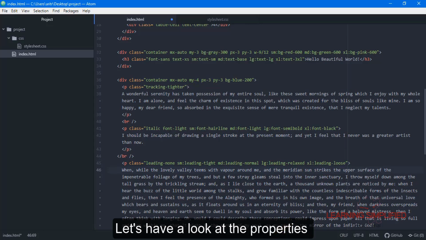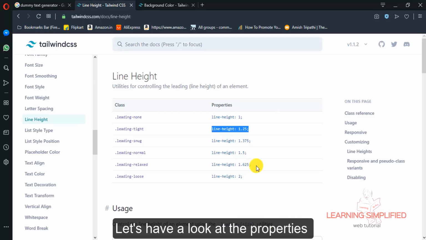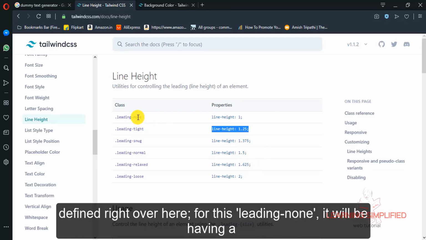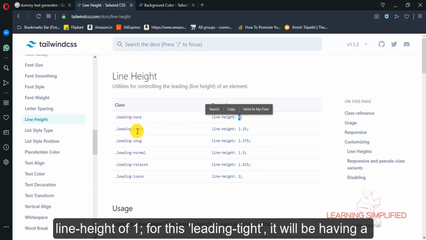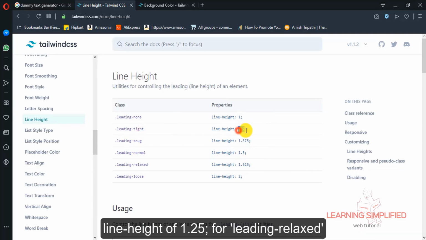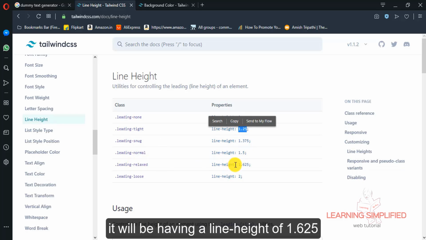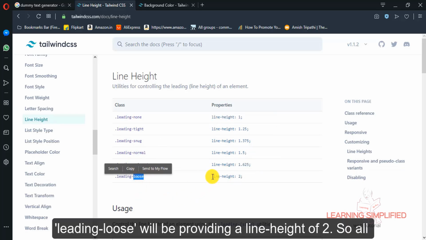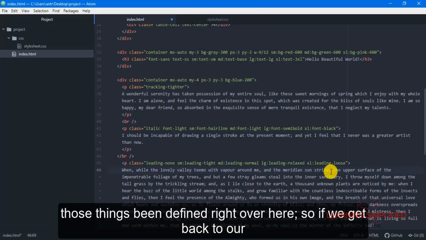Let's have a look at the properties that have been defined right over here. For this leading none, it will have a line height of 1. For leading tight, a line height of 1.25. For leading relaxed, a line height of 1.625. Leading loose will provide a line height of 2.